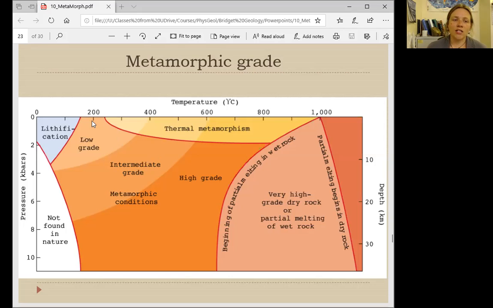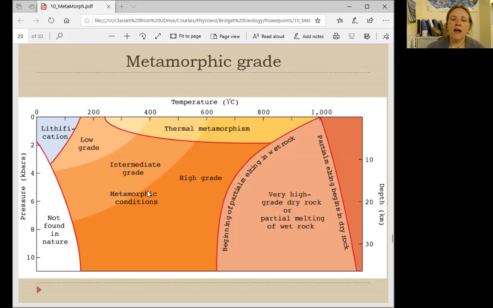But in general, as we increase the pressure and the temperature, usually corresponding to rocks being exposed to greater and greater depth within the earth, first we're going to start to have lower grade environments that might produce things like slate. Then we're going to have more intermediate environments that produce things like schists and phyllites. And then we're going to start to have higher grade environments that might produce things like gneiss, and things like quartzite or marble may also be created from these more intermediate to higher grade environments